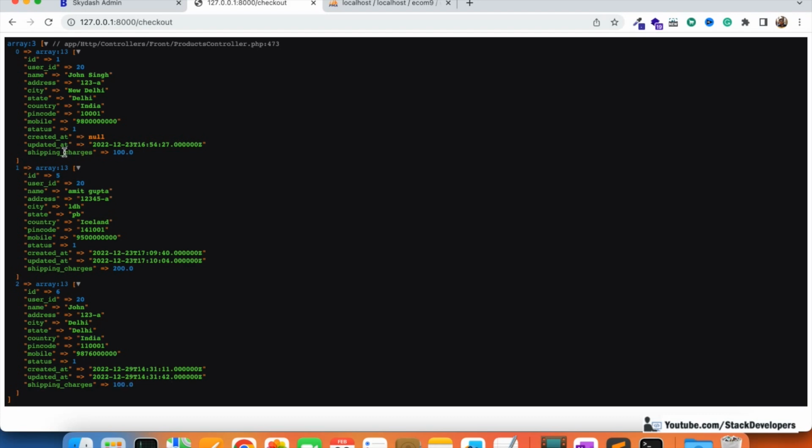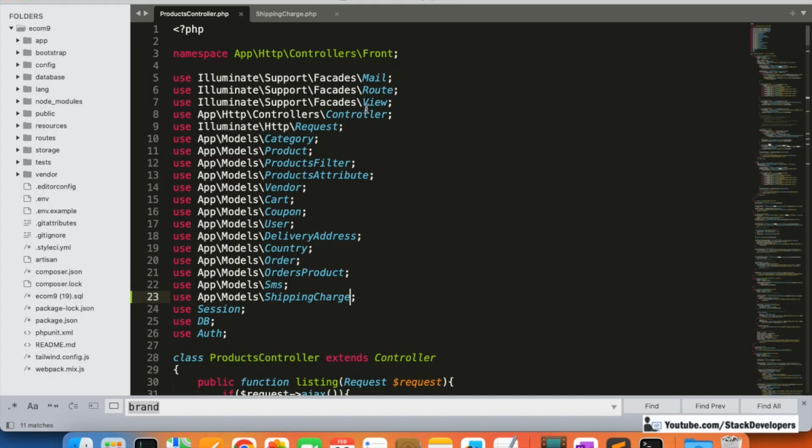So we have added the shipping charges inside the array. You can see that with every element we are able to add the shipping charges. Here we have added this one in the array. Okay, so now